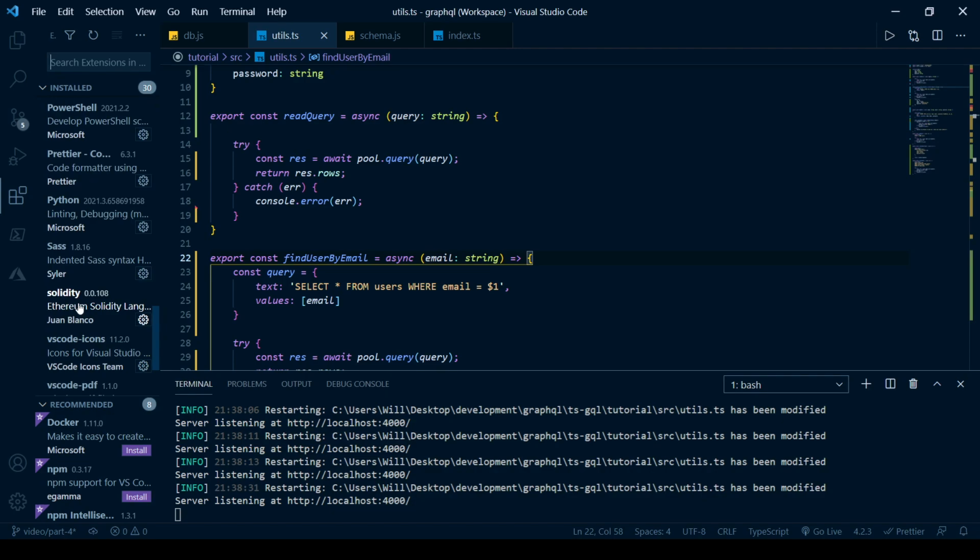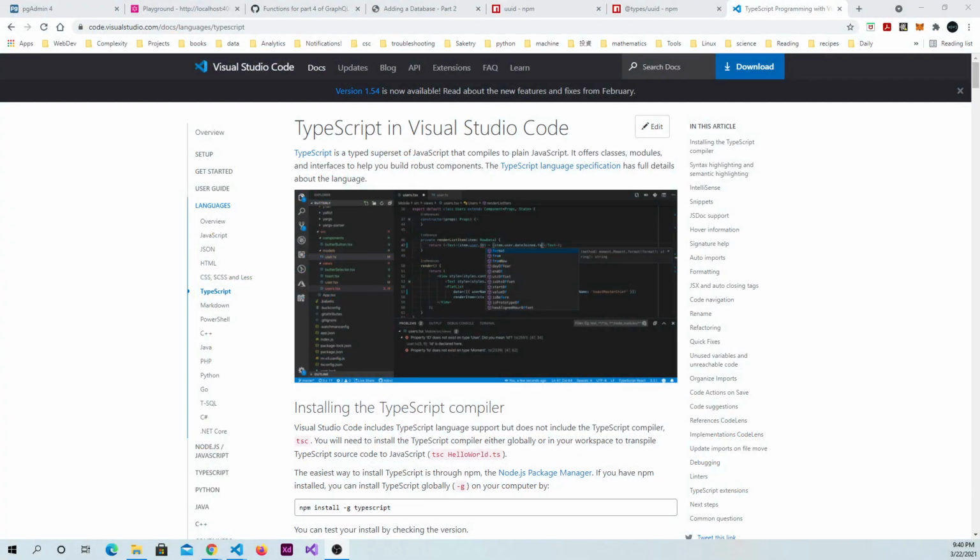I think maybe TypeScript is already part of VS Code. Let me take a look at the VS Code TypeScript docs. And actually you can see that VS Code includes TypeScript language support, so I don't know what I was thinking. I thought you would need an extension, but I must have been thinking about something else. Anyway,